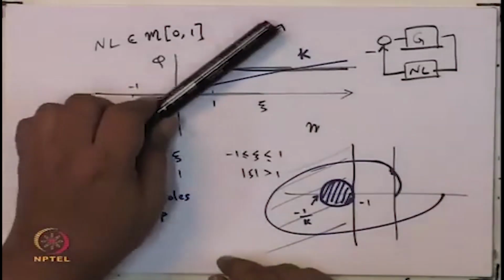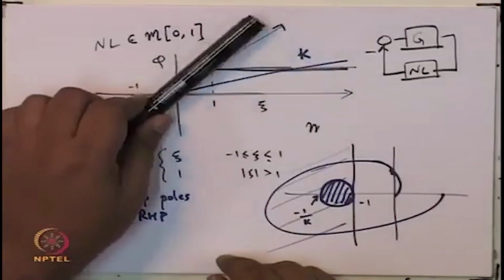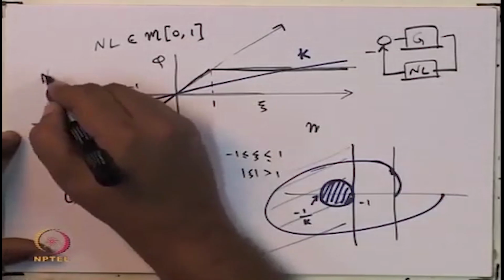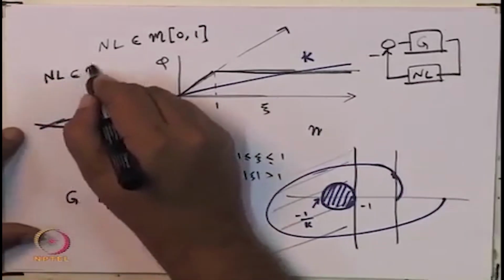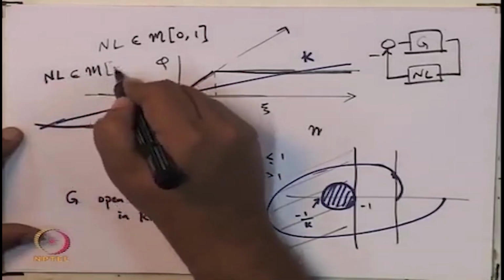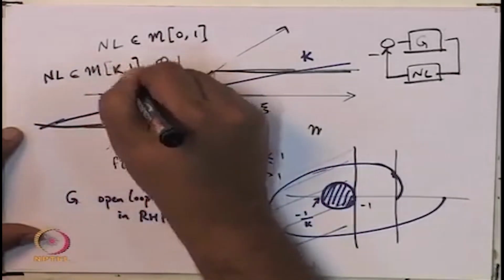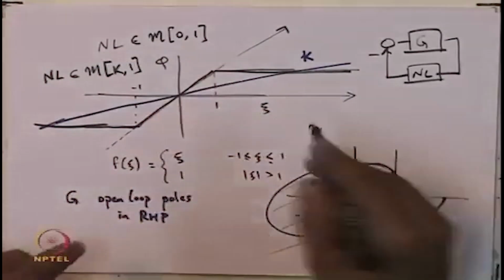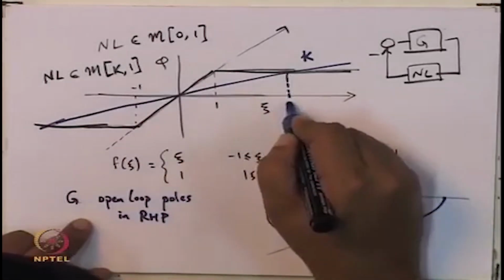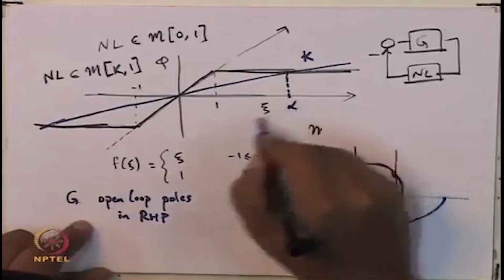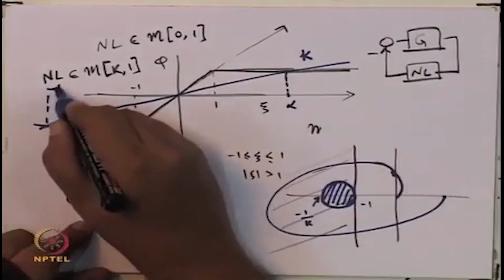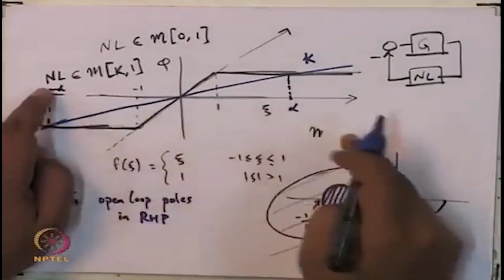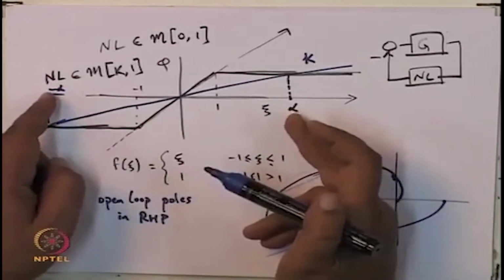But if you have to think of a nonlinearity in the k1 sector, so if you have to think of this original nonlinearity as lying in the k1 sector, okay, then as far as this nonlinearity is concerned, it is only up to here, up to this value, let me call this value alpha, and here maybe minus alpha. Okay. So, it is between minus alpha and alpha, that means for the input of the nonlinearity lying between minus alpha and alpha,